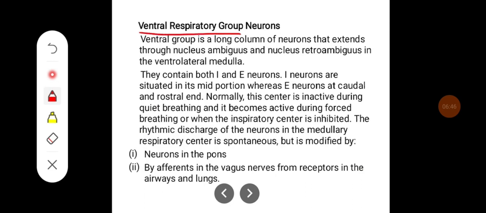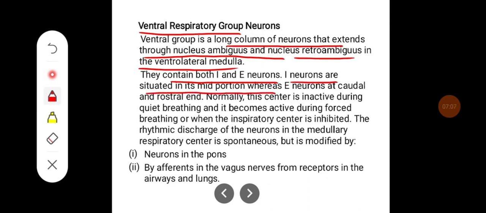Ventral respiratory group neurons. The ventral group is a long column of neurons that extends through the nucleus ambiguus and nucleus retroambiguus in the ventrolateral medulla. They contain both inspiratory and expiratory neurons. Inspiratory neurons are situated in its mid portion, whereas the expiratory neurons are at the caudal and rostral ends. Normally, this center is inactive during quiet breathing and it becomes active during forced breathing or when the inspiratory center